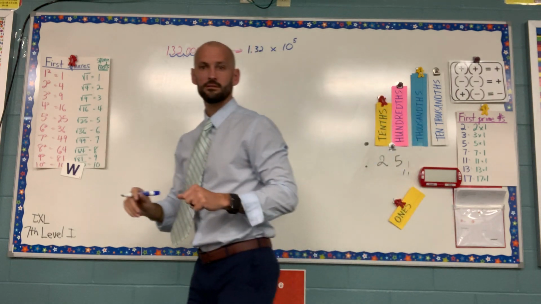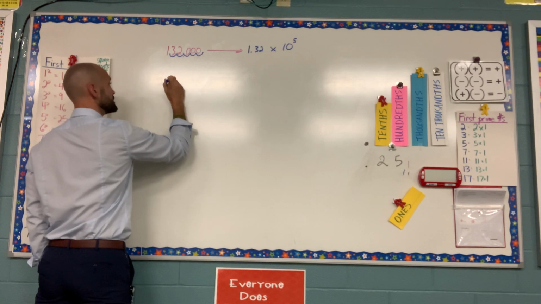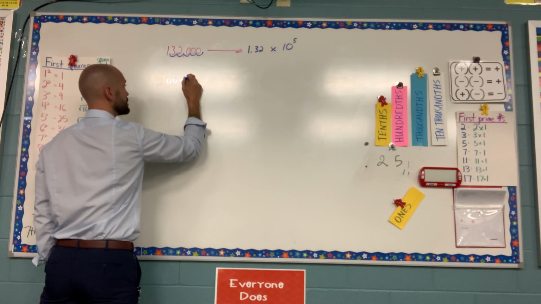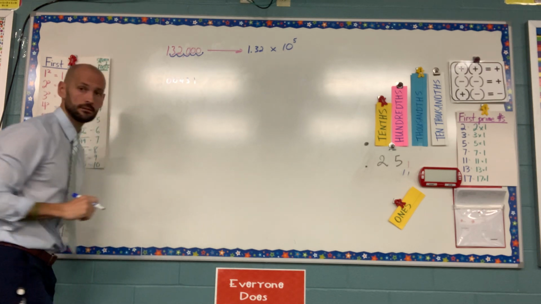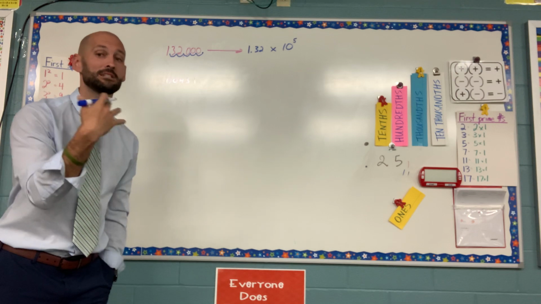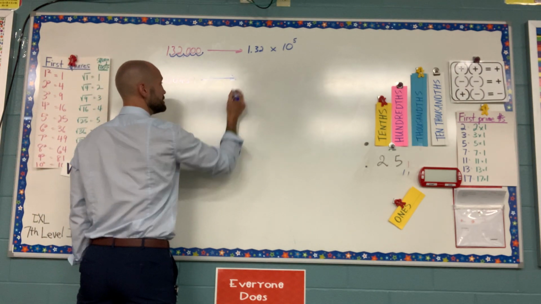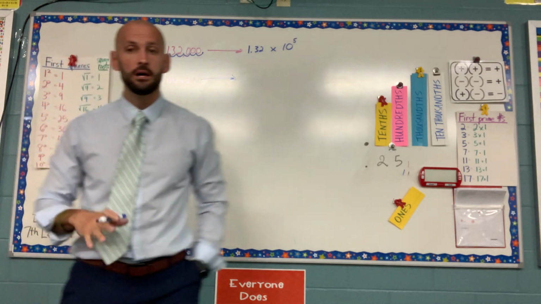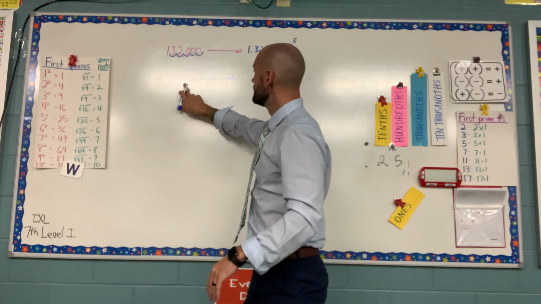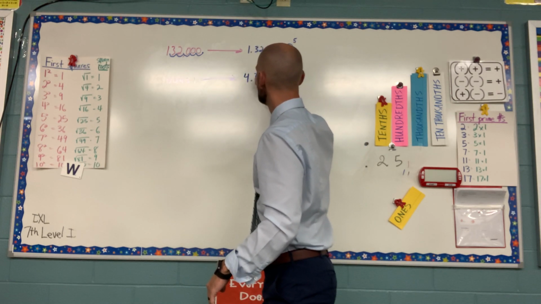Let's do one more. The opposite a little bit. Let's say we have 0.00431. Again, I need the number in front to be between 1 and 10. All right, so now, where's the decimal have to go? Yes, there's announcements. Ignore them. It's got to go behind the 4. So I got to get 4.31